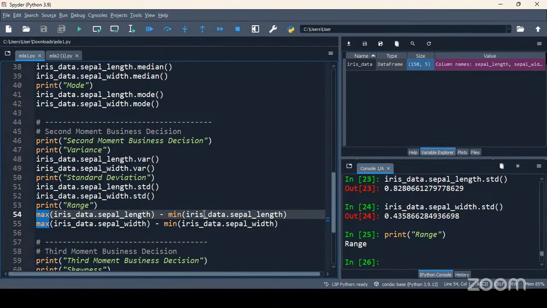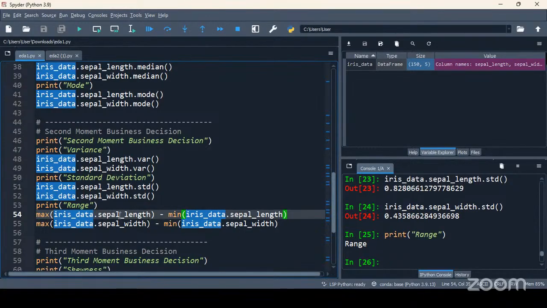So how can we calculate the maximum value and minimum value of the data? There are two functions, max and min. The max function will be used to calculate the maximum value, and the min function will be used to calculate the minimum value. The difference between these two values will return the range of that specific column.